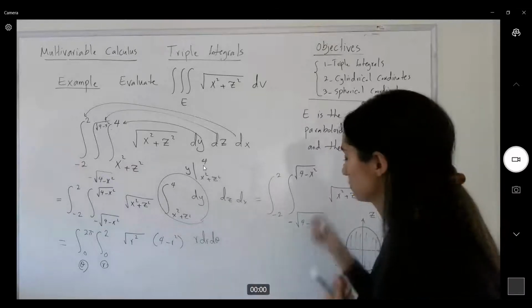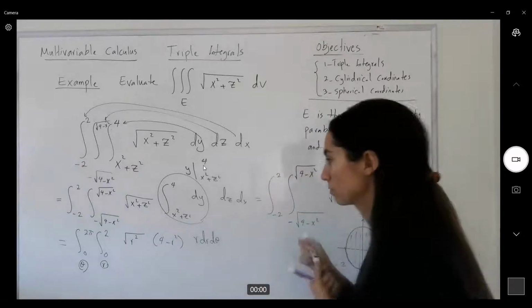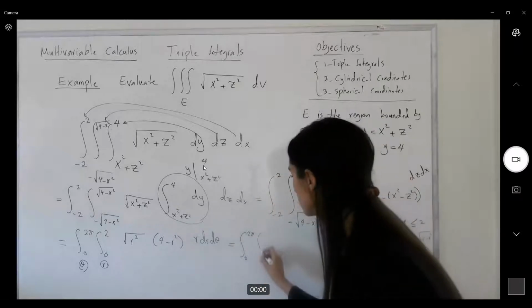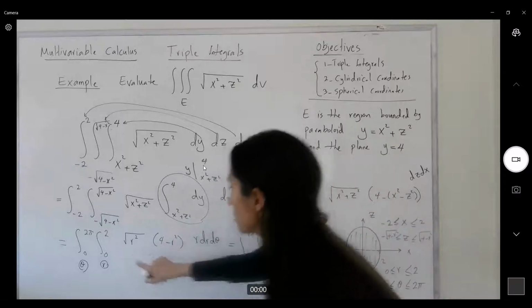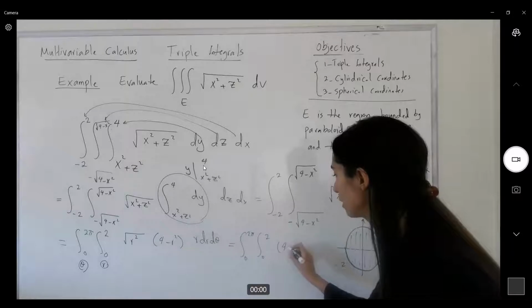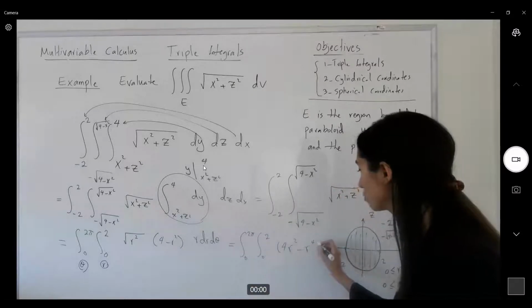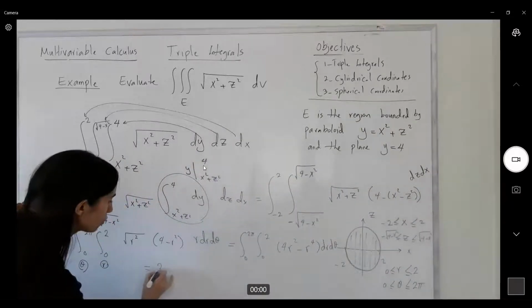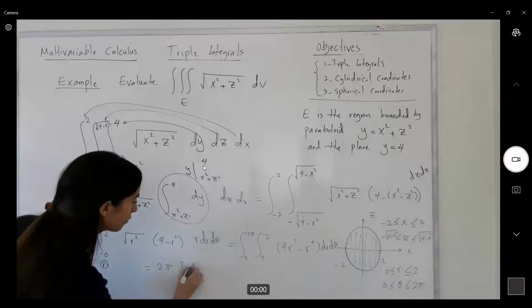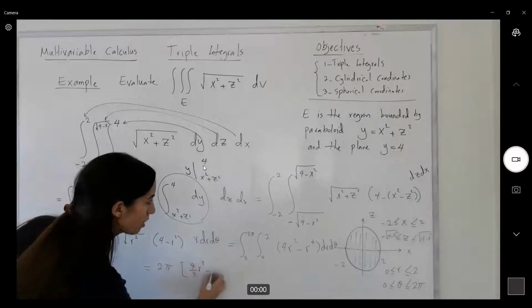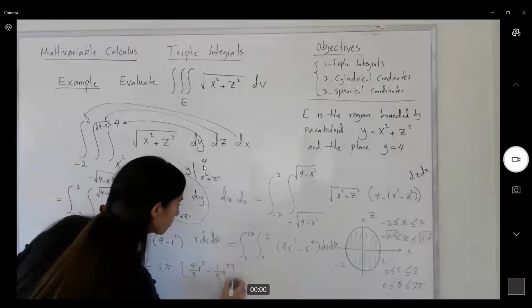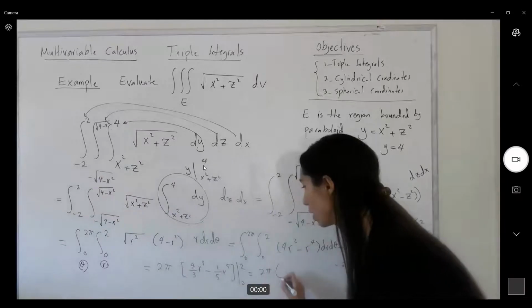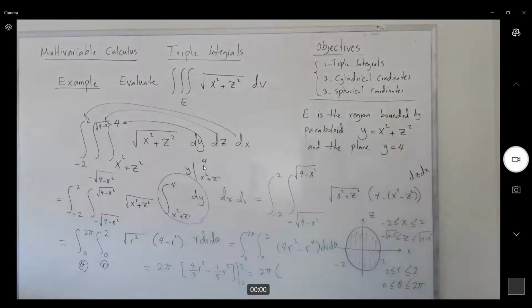This is equal to the integral 0 to 2 pi, 0 to 2. I have r times 4 minus r squared, and I distribute that for 4r minus r cubed, dr d theta. This is equal to 2 pi, and here I have 4/3 r cubed minus a fifth r to the 5th power, 0 to 2. So I have 2 pi times, if I plug in 2 here, I get